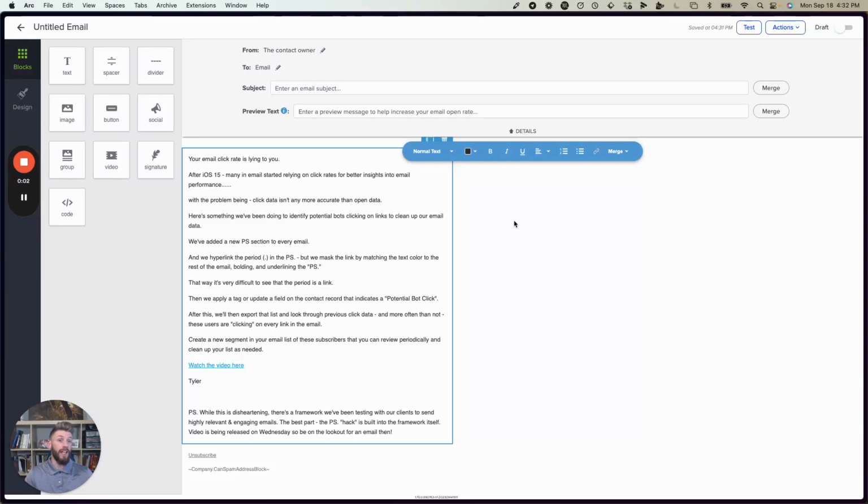Your click data is lying to you in email marketing. And the reason I know that is because there has been a huge influx in bots clicking on links and clicking on every link in your email. And while Apple iOS 15 wrecked email open rates for iOS, we were not planning on having our click-through